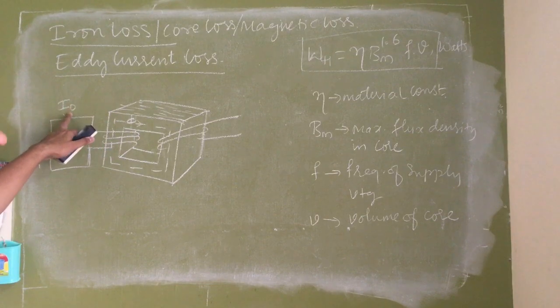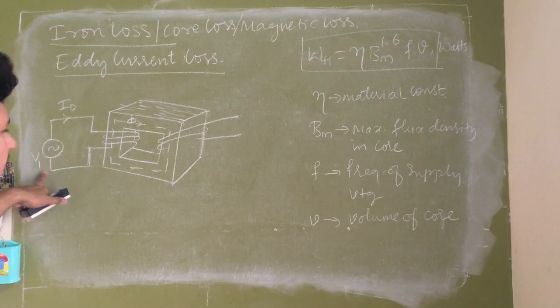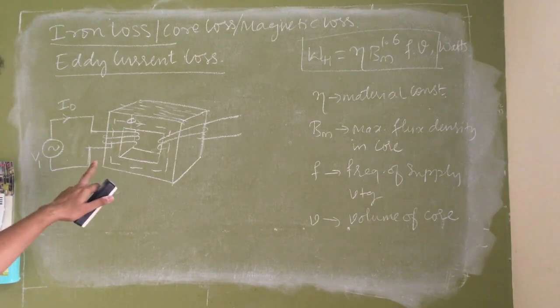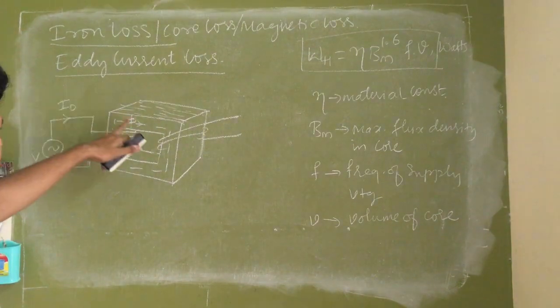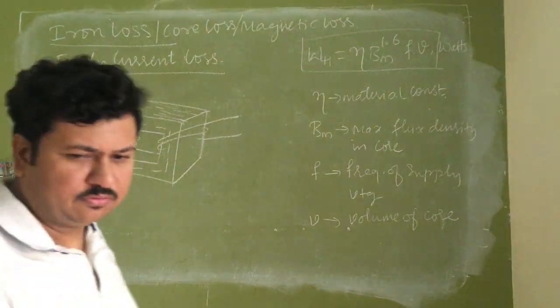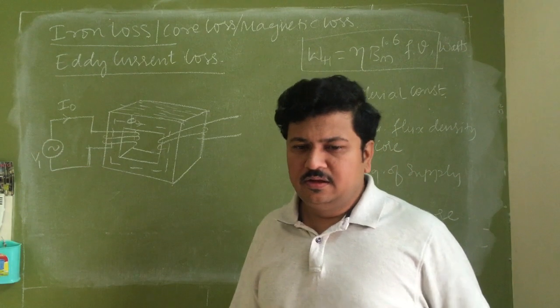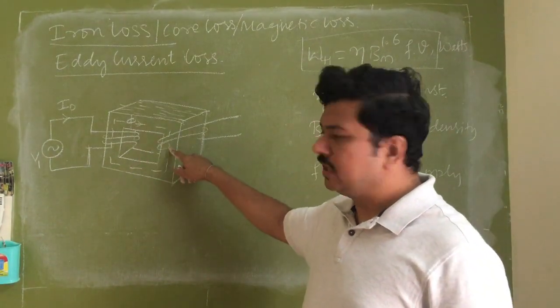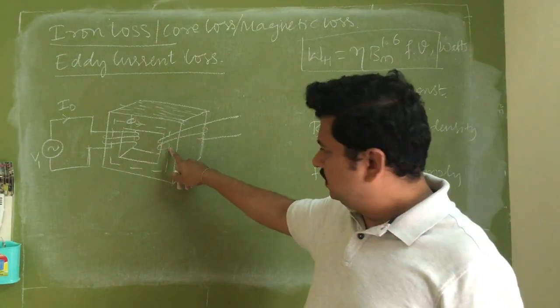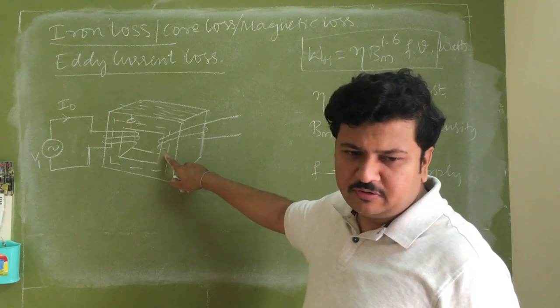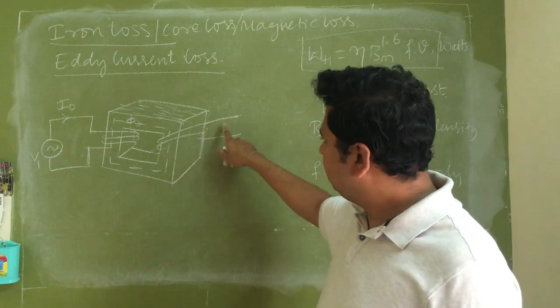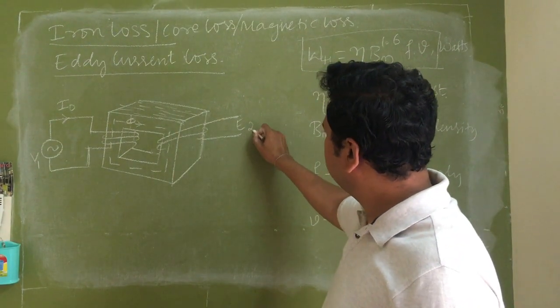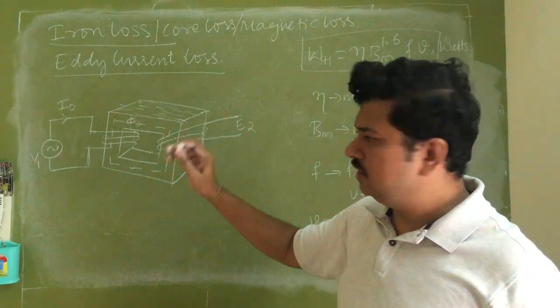Now this flux phi is of the nature of the current, and current is of the nature of the voltage. So voltage is sinusoidal, therefore current is sinusoidal, hence flux is sinusoidal. This we know already. Now this sinusoidal flux links to the secondary winding. There is a change in flux linking to the secondary winding statically, hence an EMF is induced in the secondary winding statically, mutually.